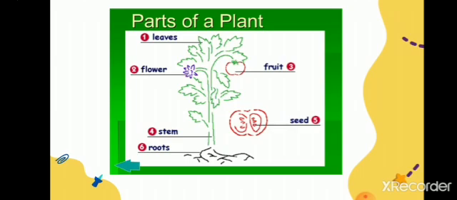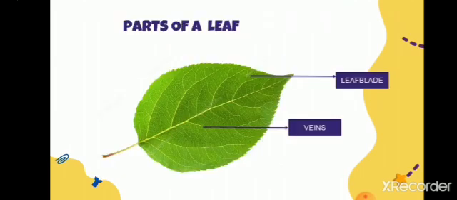In an earlier class we studied the root and stem and how useful they are for plants to grow. So in this session we will study the leaf. You have seen different kinds of leaves in different plants and trees. You might have seen the coconut tree having a different kind of leaf with a long stick, and the mango tree's leaves will be different. Neem tree leaf shapes will be different, and the banyan tree will have a different kind of leaf. So every leaf is different for different plants.